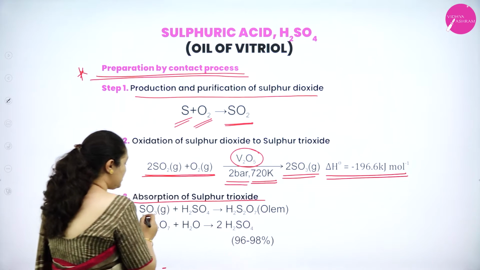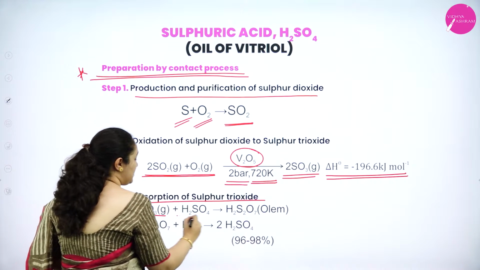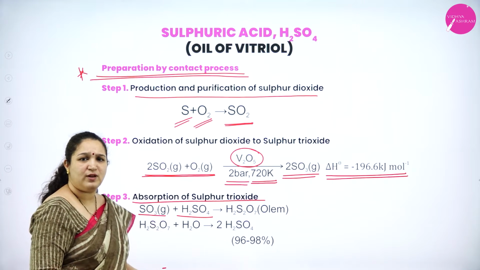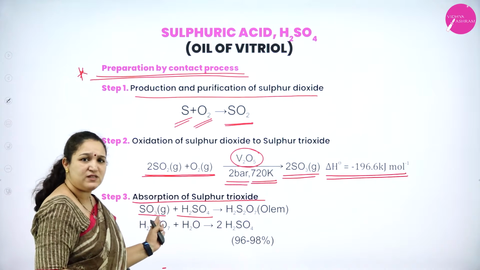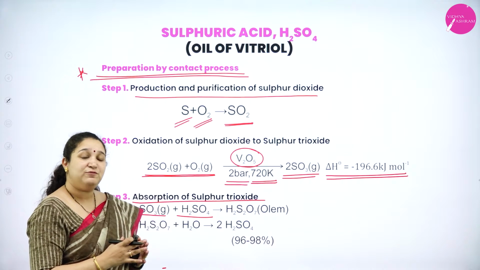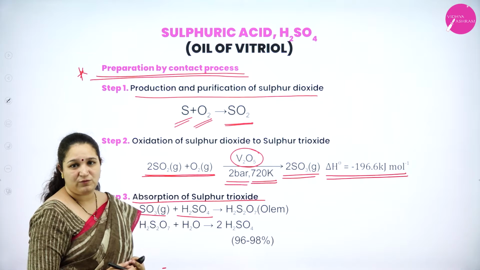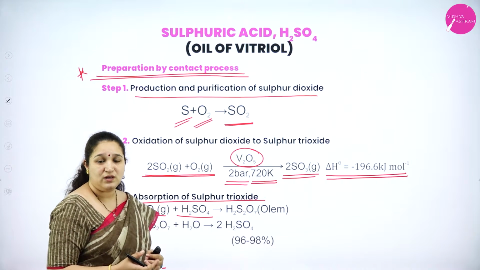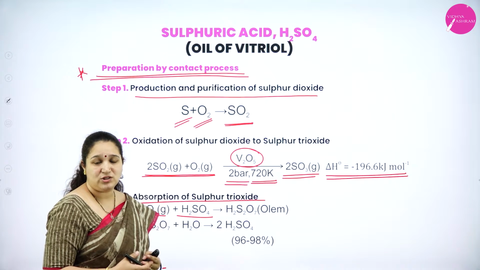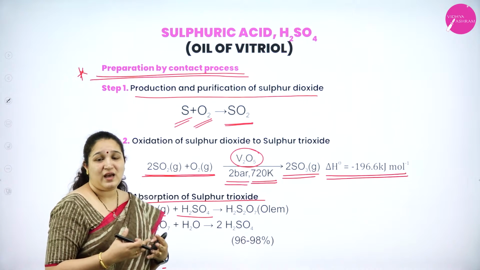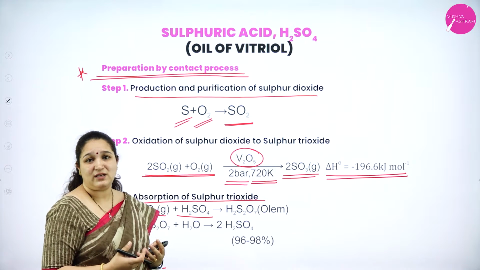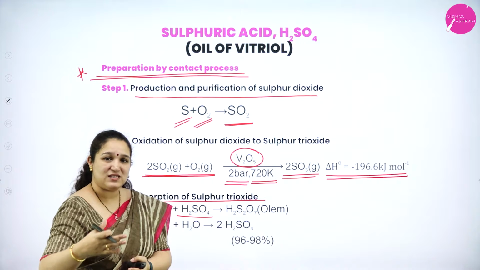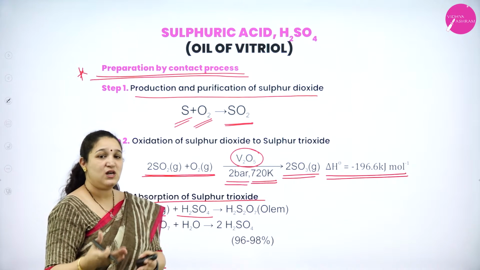So when sulfur trioxide is formed, it is mixed with sulfuric acid. Now you might get confused, ma'am, we are preparing sulfuric acid, then how are we mixing it with sulfuric acid? See, there are different methods of preparation of sulfuric acid. If we take sulfur trioxide and mix it with water, it is a highly exothermic reaction and industrially that amount of heat is very difficult to handle, or there is a lot of risk. For that reason, sulfuric acid already manufactured by different processes is used here